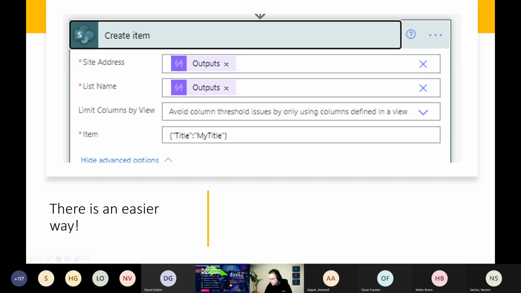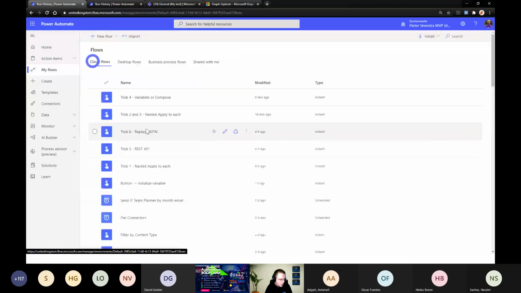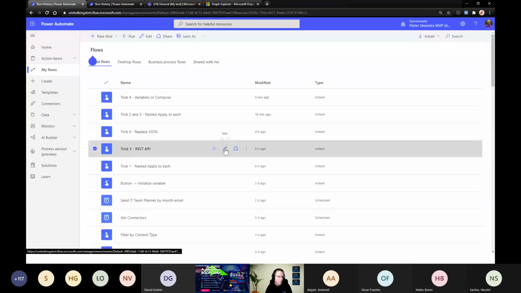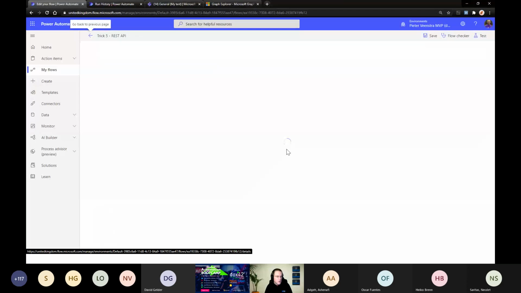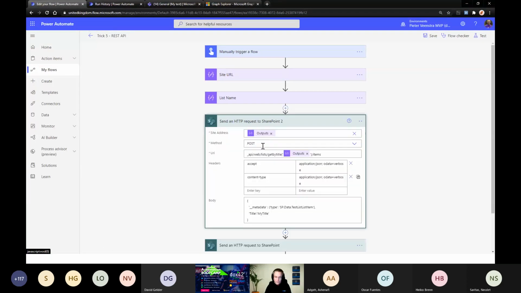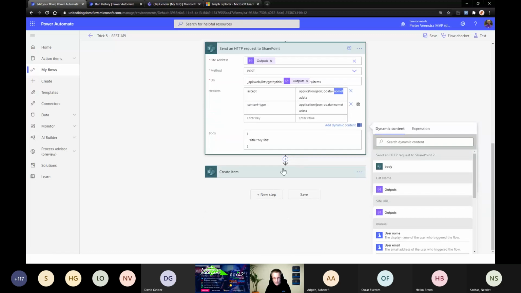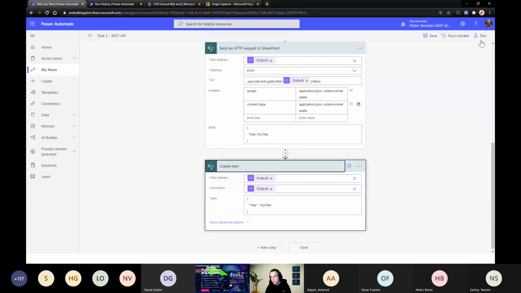Okay, that's another quick little demo I think I've got over there. Let's have a look. REST API over here. I've basically, within this little demo, I've created all the 3 actions. So we can also see basically the performance. You can see over here, this is the poorly formatted with the verbose and everything. This over here is with no metadata. And over here is my create item. If I now run this flow,